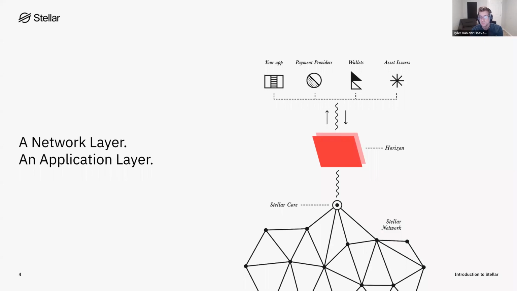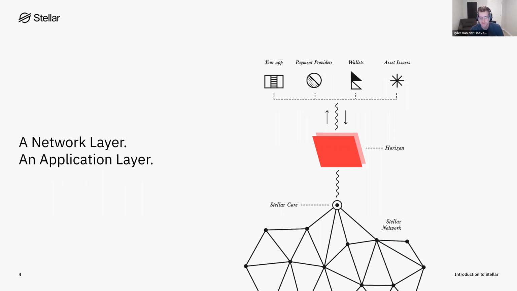All those applications that are making use of that are interacting with the Stellar Core, interacting with the network through an application or a service that we call Horizon. And this is almost a reference implementation. You could build lots of different types of this, but we have one that the SDF builds and maintains called Horizon. And this is an API, a public API layer that connects you to the Stellar Core in a very digestible, human readable, sane